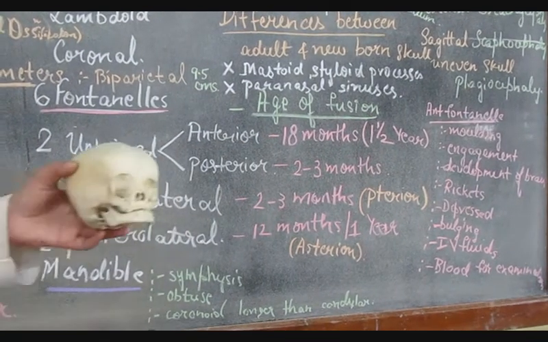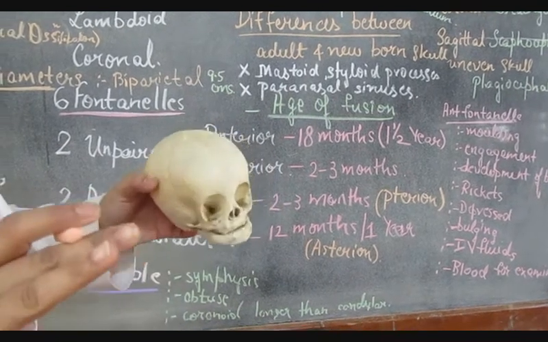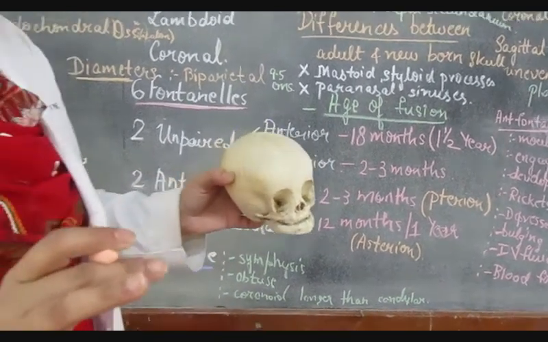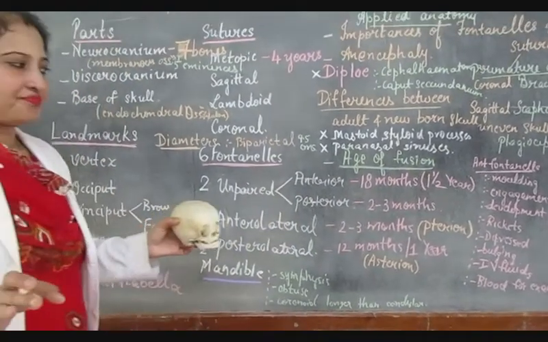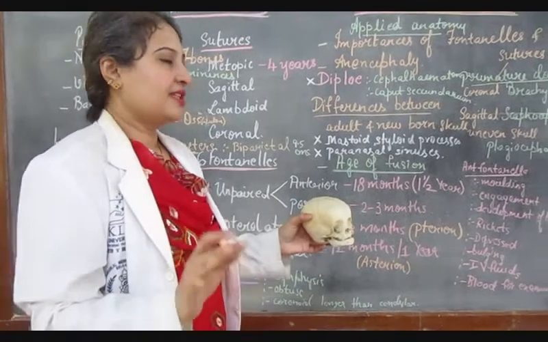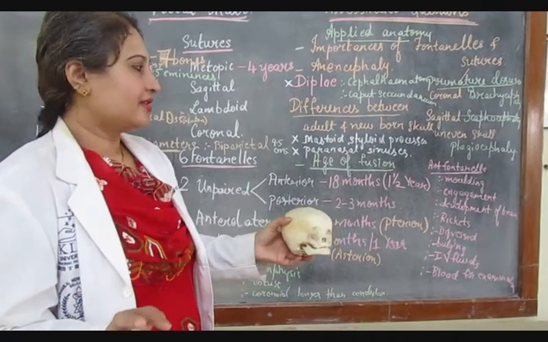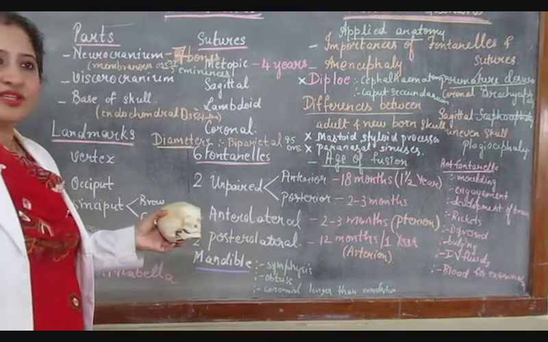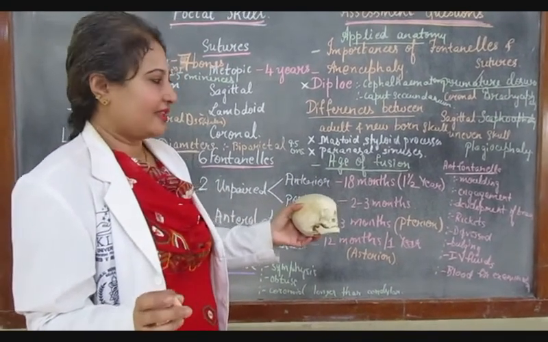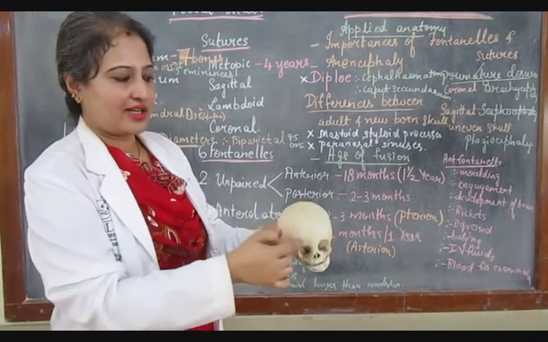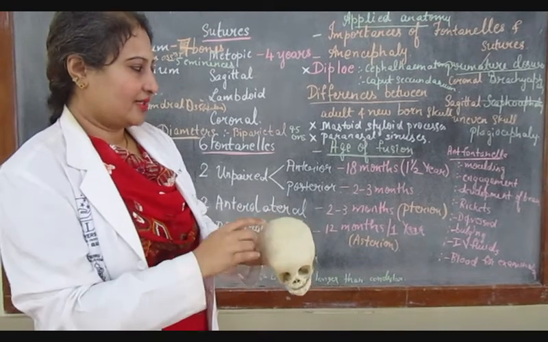During the well baby clinic examination, the doctor palpates the anterior fontanelle to know the hydration status of the infant. If it is depressed, it is dehydration. If it is bulging, the most likely cause would be obstruction in the CSF drainage pathway. IV fluids can be given in a dehydrated infant through a scalp vein catheter directly into the superior sagittal sinus, which is just underlying the sagittal suture.